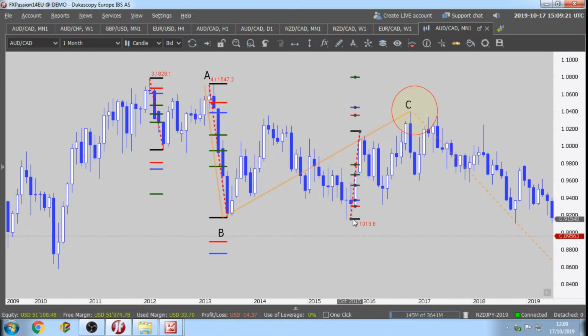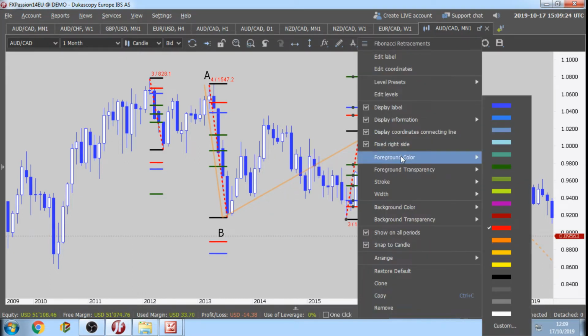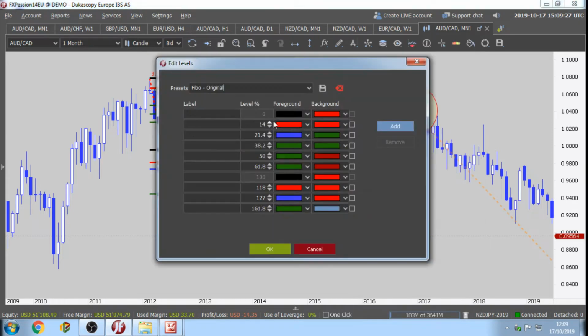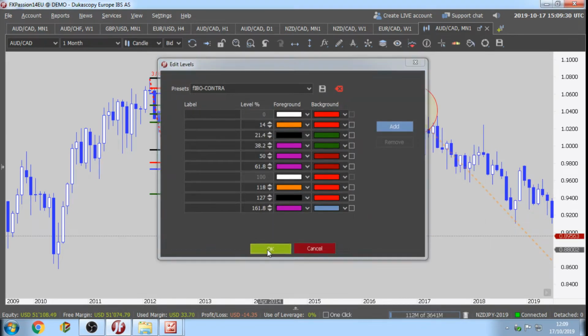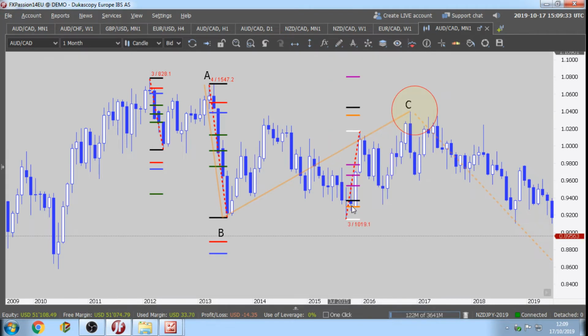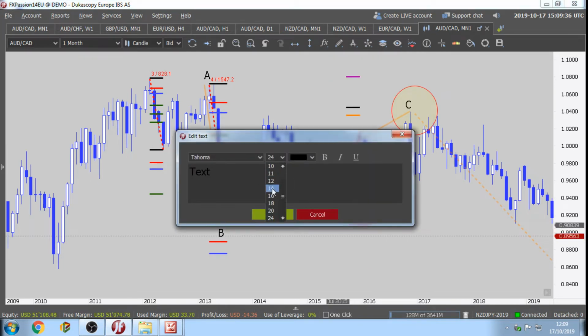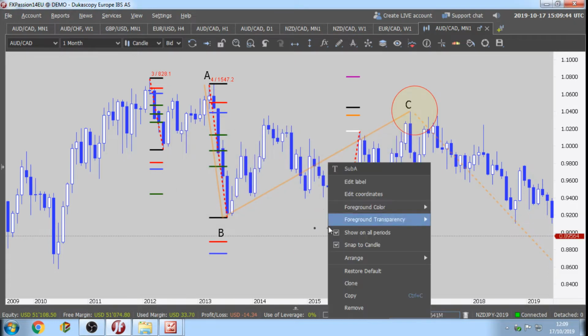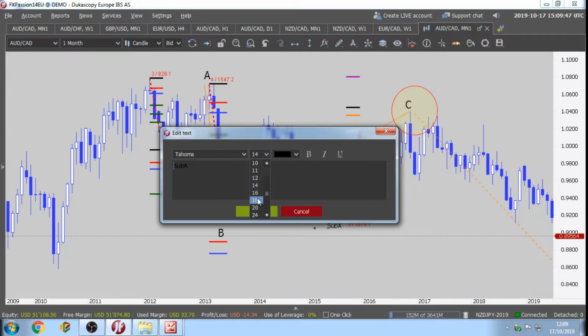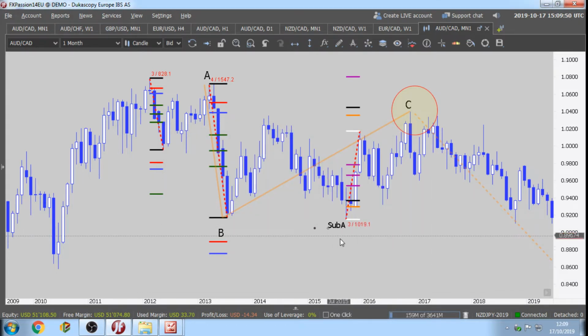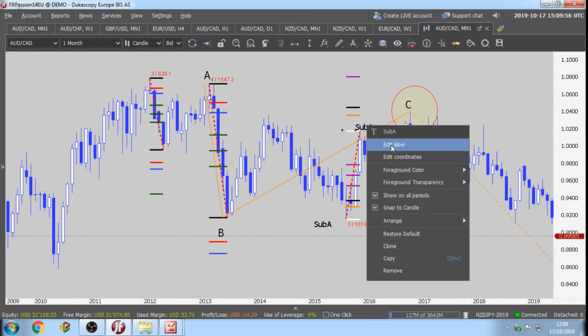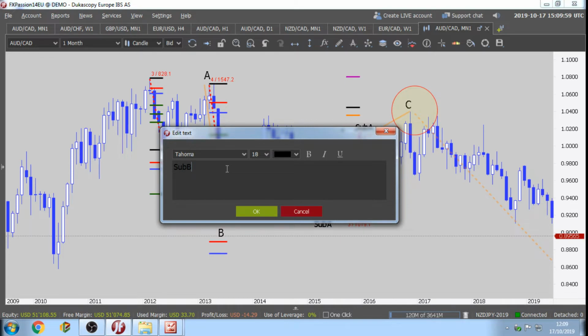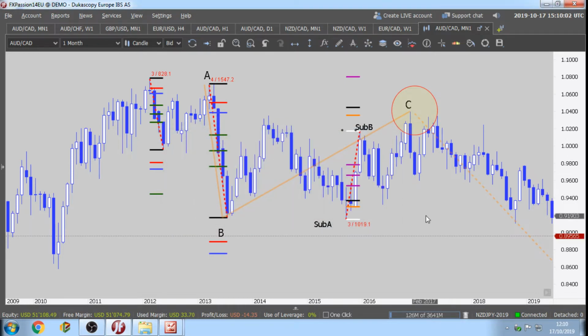There you go, this is the first sequence. And edit levels, there you go, Contrarian. And of course, this is going to be what? Our sub A is going to be in here, maybe a little bit bigger, 18. Sub A, clone, sub B up in here, edit label, this is going to be our sub B, right? Sub A, sub B,